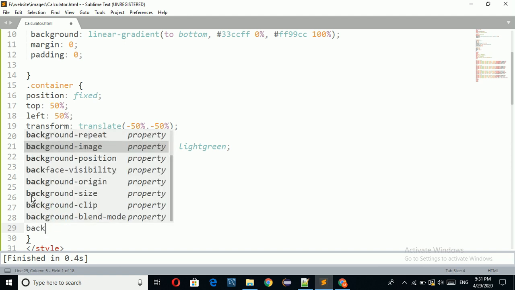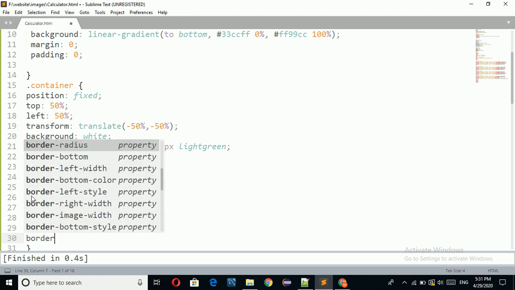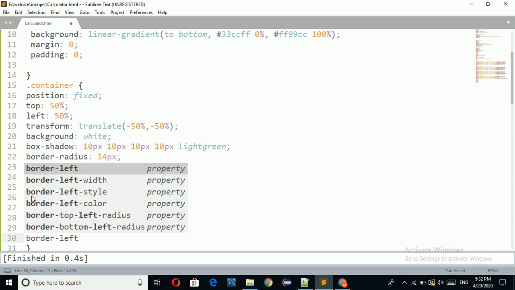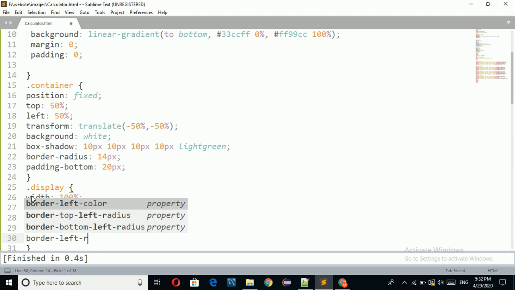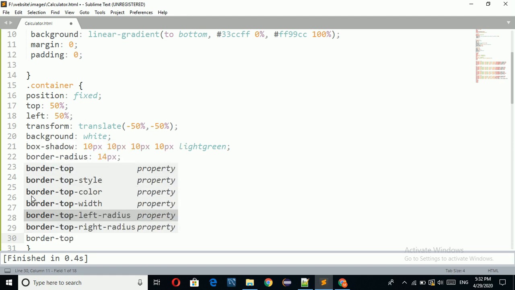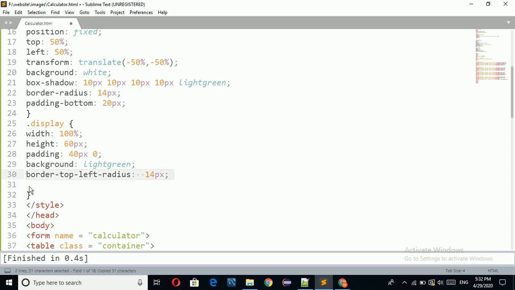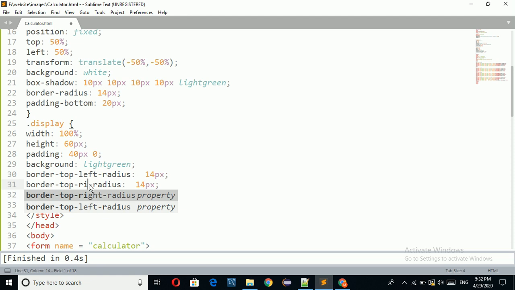Next I am going to apply background, I want to apply light green color, and I am going to take border top left radius equal to 14 pixel, and the same for border top right radius equal to 14 pixel.